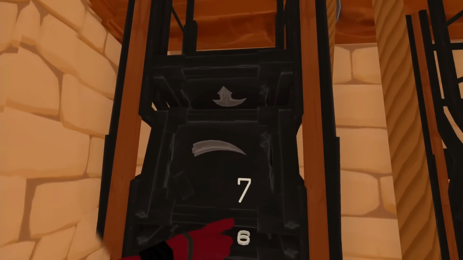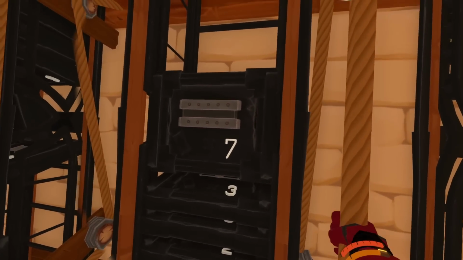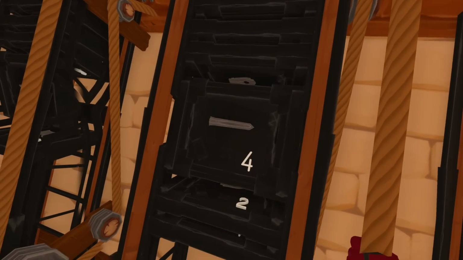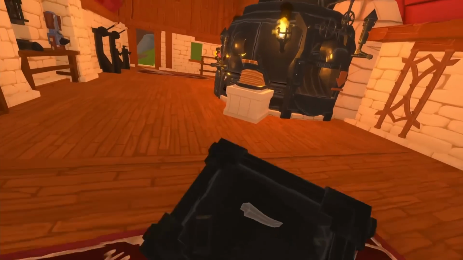So we're gonna take a certain mold. These molds can be found all over the game world. Alright, sick. This is just what we needed. This is the Dagger Mold. If you put it in here